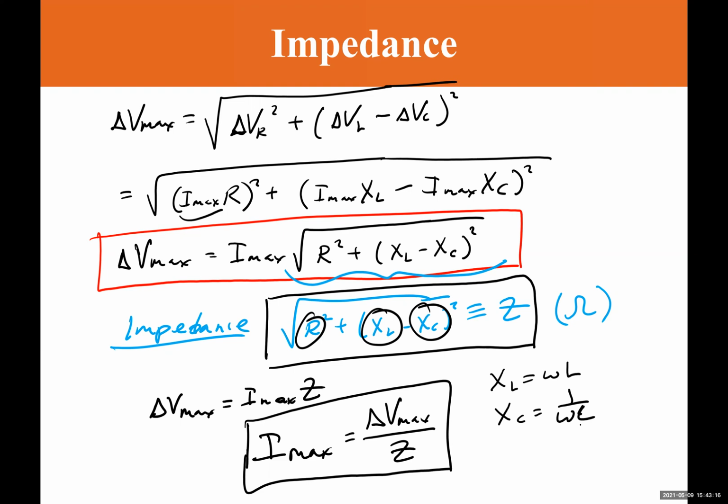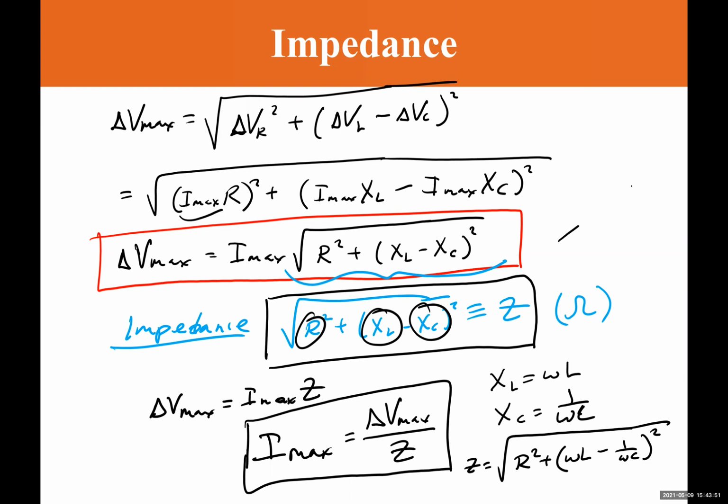That means, in a way, I can rewrite this impedance as the square root of R squared plus (omega L minus 1 over omega C) squared. So we can see from here that there are four things that affect the impedance: resistance, inductance, capacitance, and the frequency. Okay. All right,